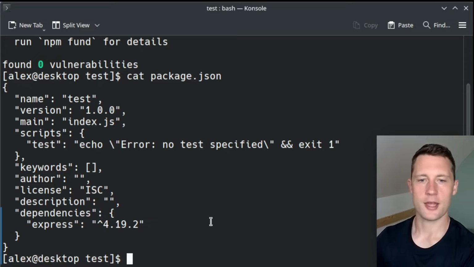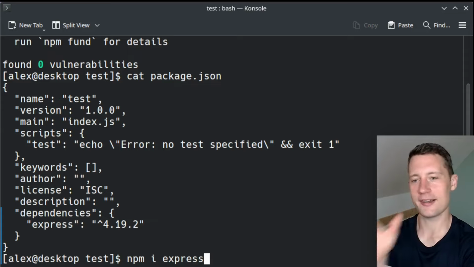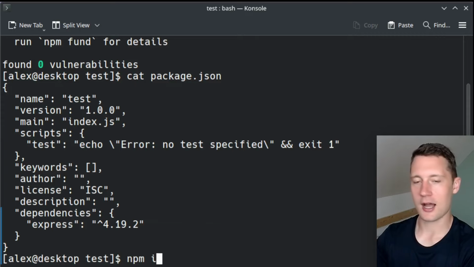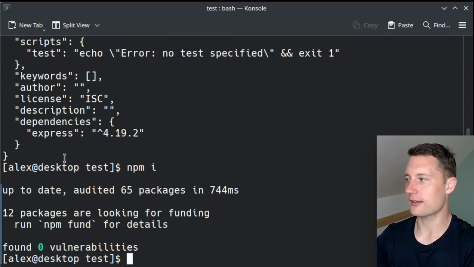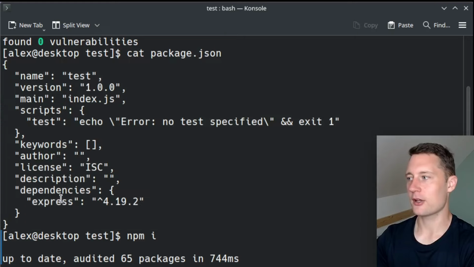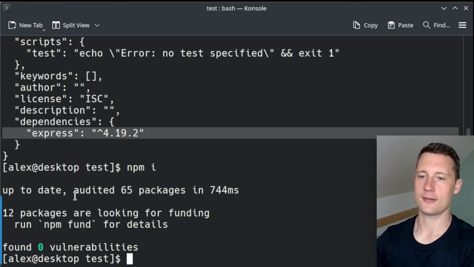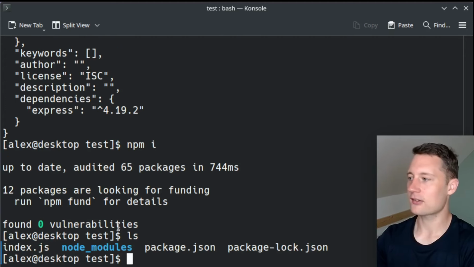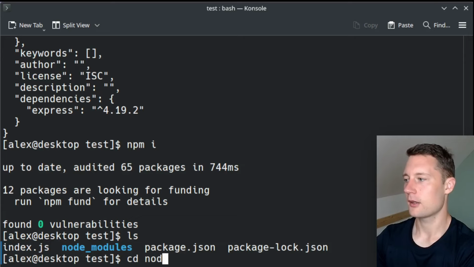When you install a package, recall that you used npm install and then the name of a package. It doesn't only list the package here. First of all, it lists the package, but then it also installs the dependencies. So if you just run npm i, the package manager will look at this file here and then figure out how do we install these dependencies. So where does it install it to? By default, it's going to install it into a folder called node_modules. So if you go into node_modules here,